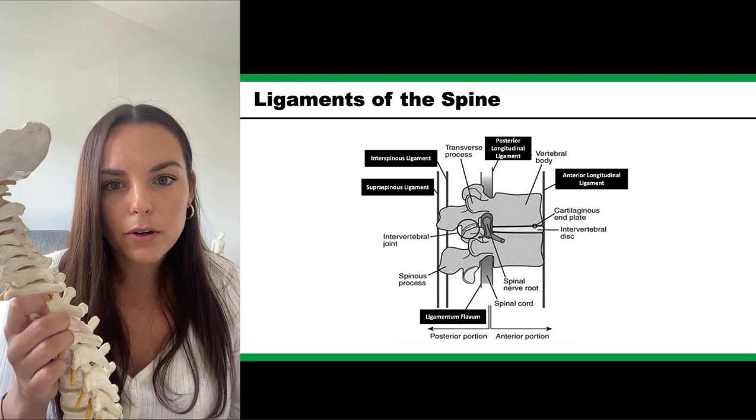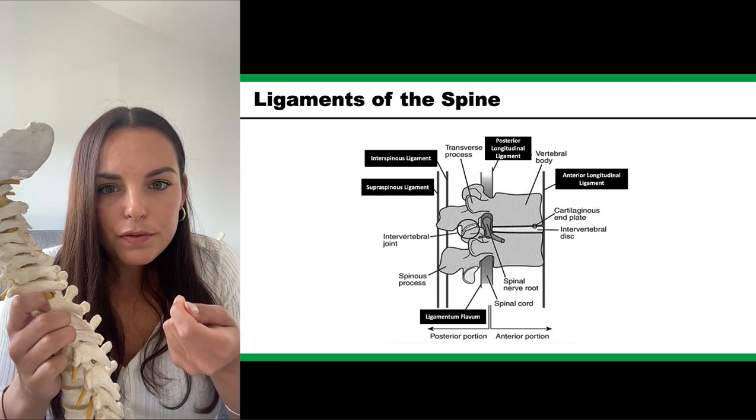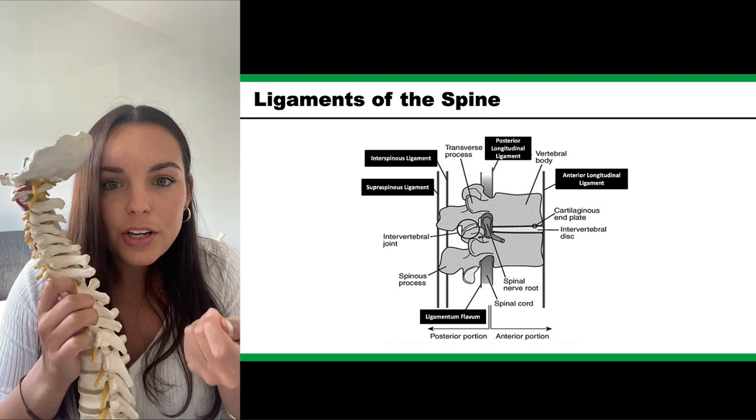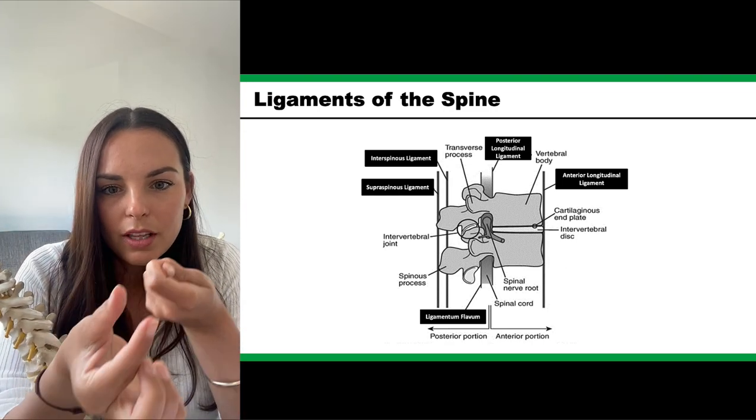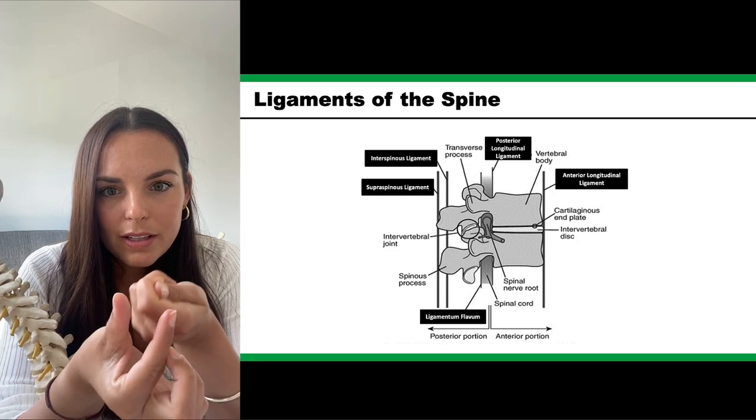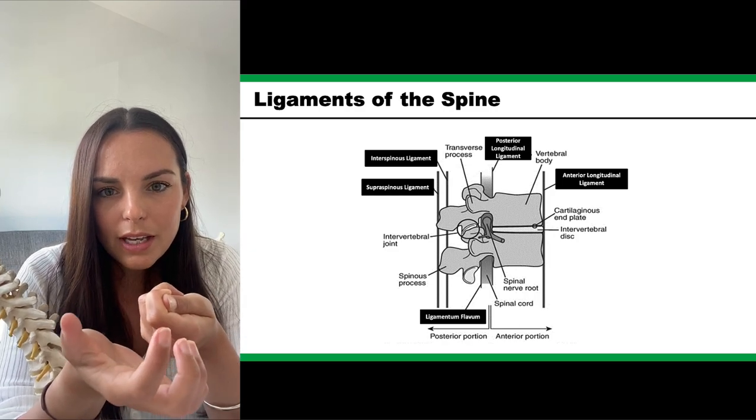So often they say they can feel a little bit of resistance when you get to this ligamentum flavum, because it's sort of like an elastic band. So they're pushing the needle through, then they get to this little bit of resistance here, and then poof,